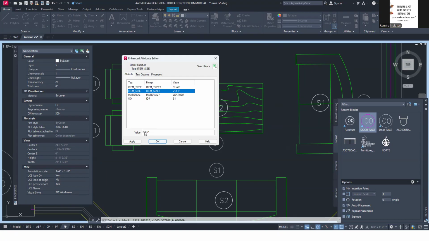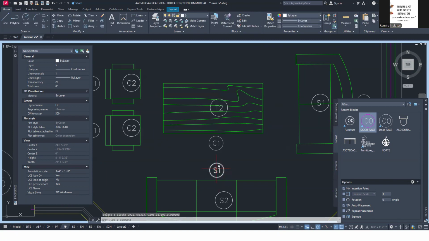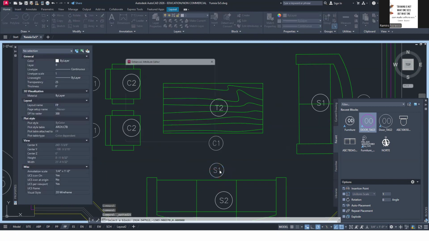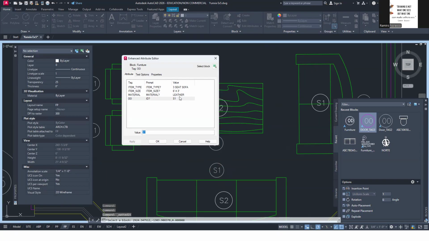This is 6 feet by 3 feet, let's say. Then you click on the item type. This is a 3-seat sofa. Click OK. So now this has those values.